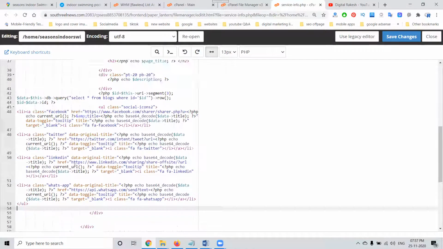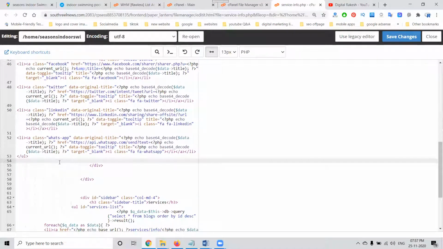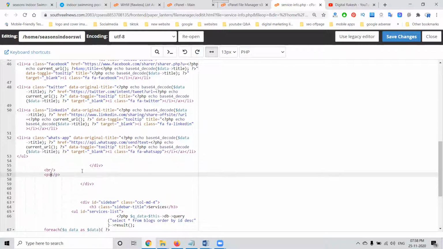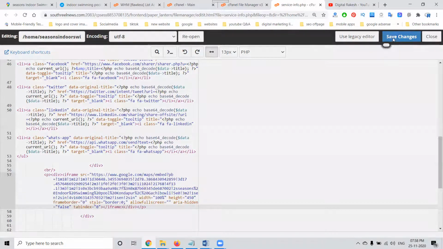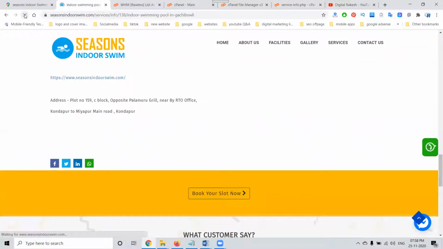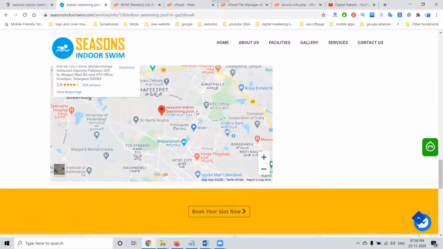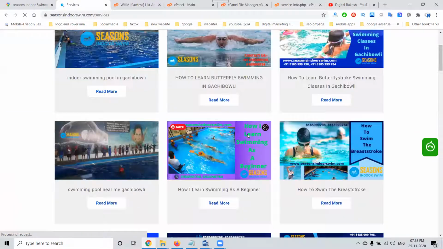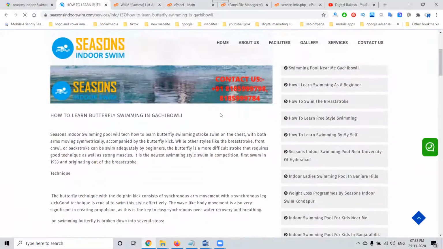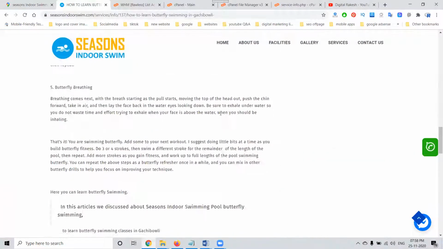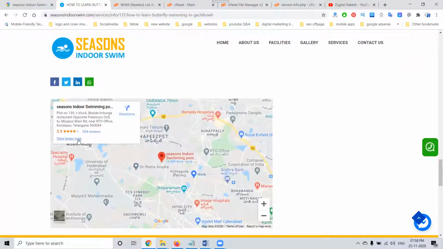So in this, we add the code using a div. Done. Click save changes. Now refresh. The map is visible on each and every page. Not only one page: however many pages you design, on each page the code will be visible in your particular Google Map option. The purpose is that people easily know your exact location. That is the purpose: the website will be connected to the Google My Business.